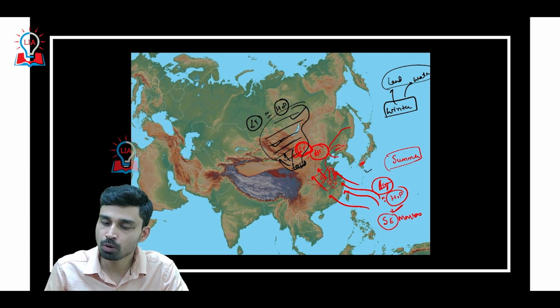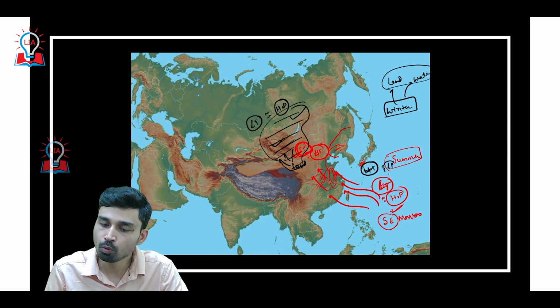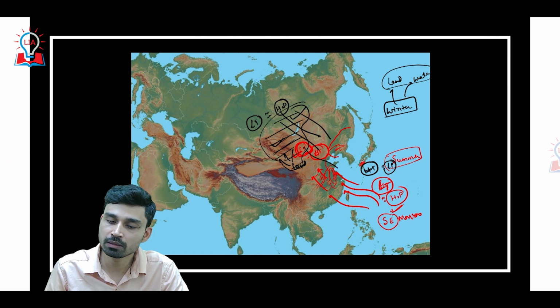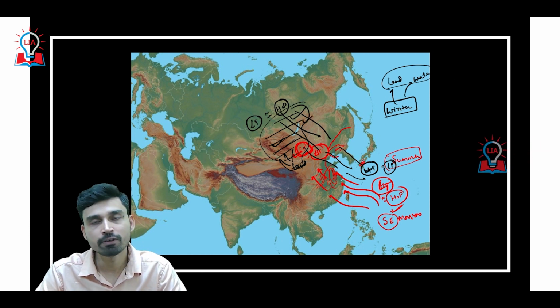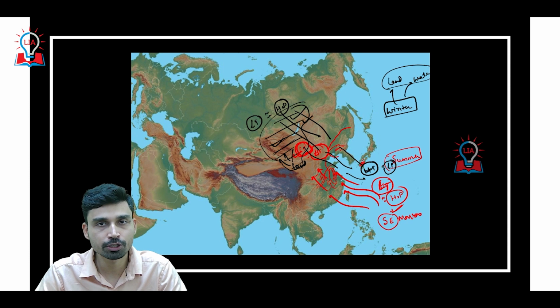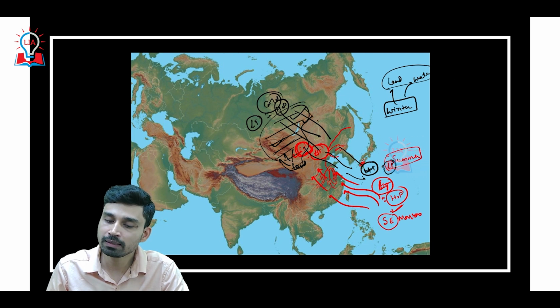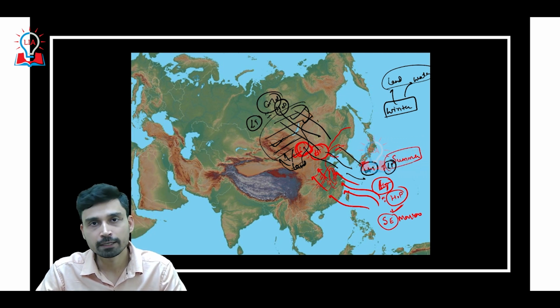On the other hand, since water cools at a relatively slower rate, over the water surface we will have higher temperature and thus a low pressure condition. So during winter, the wind will start to move from the inland areas of Central Asia and the Tibetan Plateau, and then move toward the sea. Since these winds are coming from the continent, obviously they do not have any source of moisture. So these winds are dry winds. Since it is winter, it is also a cold wind. So we have cold and dry wind blowing from the land toward the sea,